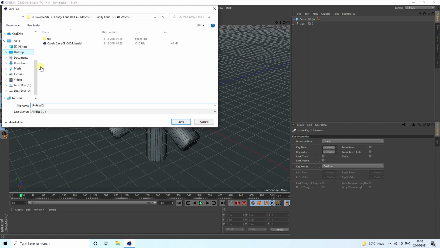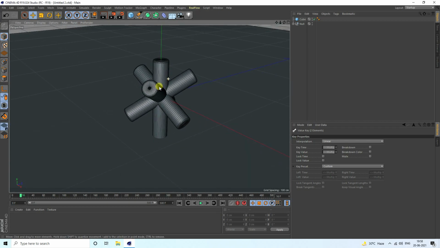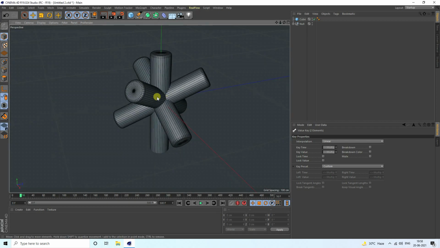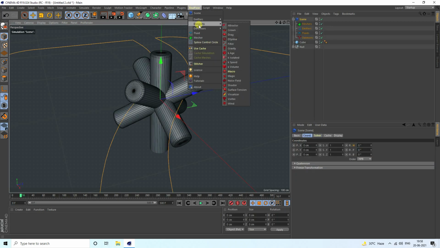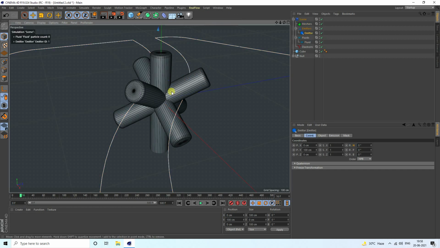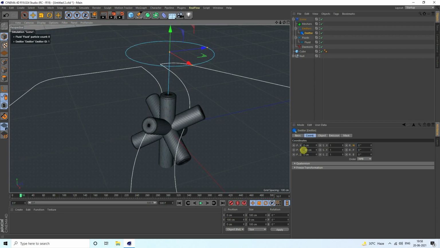Go on desktop. That's my folder. Yes, right. Okay, so now guys, I apply RealFlow. Go to screen here. Yes, and for the emitter use circle, this one. Yeah, circle, this one. And guys, increase this position a little bit to 150.